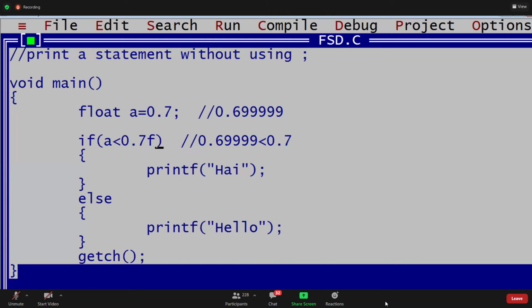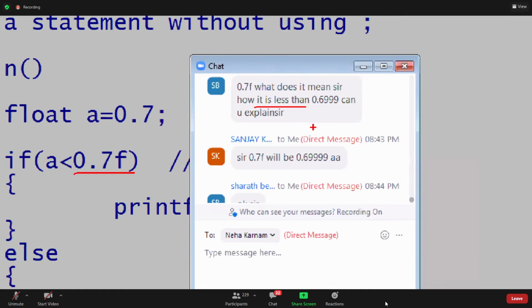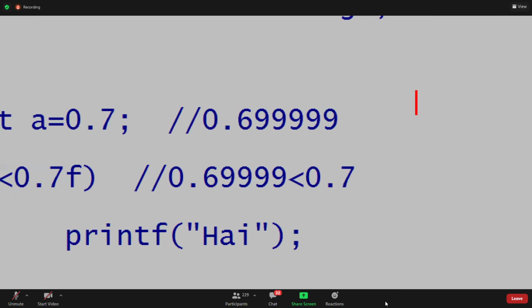0.7f means we are comparing with a float. That is a float value. Float 0.7 means always double.